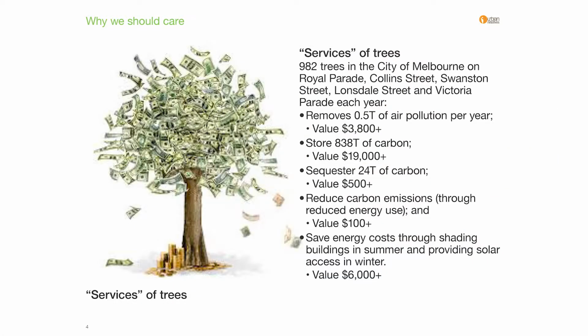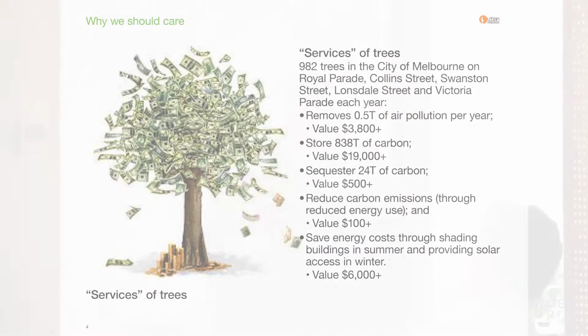So this is all about the money. Services of trees. Urban forests provide critical ecosystem services such as air and water filtration, shade, habitat, oxygen, carbon sequestration, and nutrient cycling. More trees and vegetation increase amenity, livability, property value, and they'll also make people spend more money when they're visiting a well-treed landscape, such as in a shopping mall.